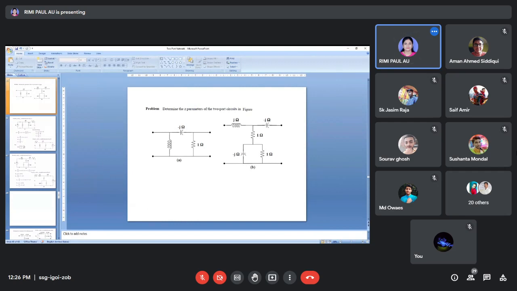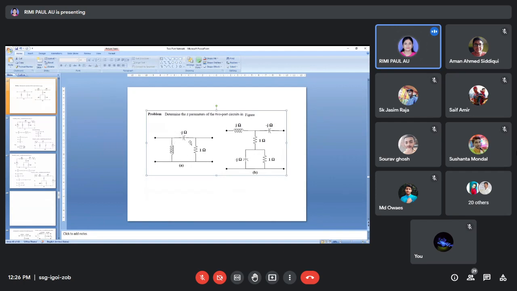So how to solve it? To apply, you can see here it is a pi network. This looks like pi. So you will get it from your lab manuals. I already told you to solve the lab manual problems. There you can see that one T network is present, one pi network is present, but these are resistive components. But here you can see that R, L, C, these three are present.